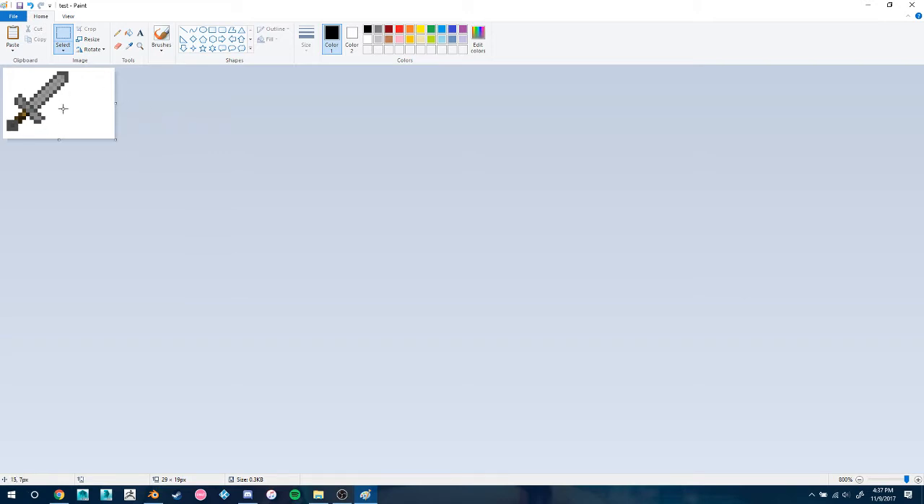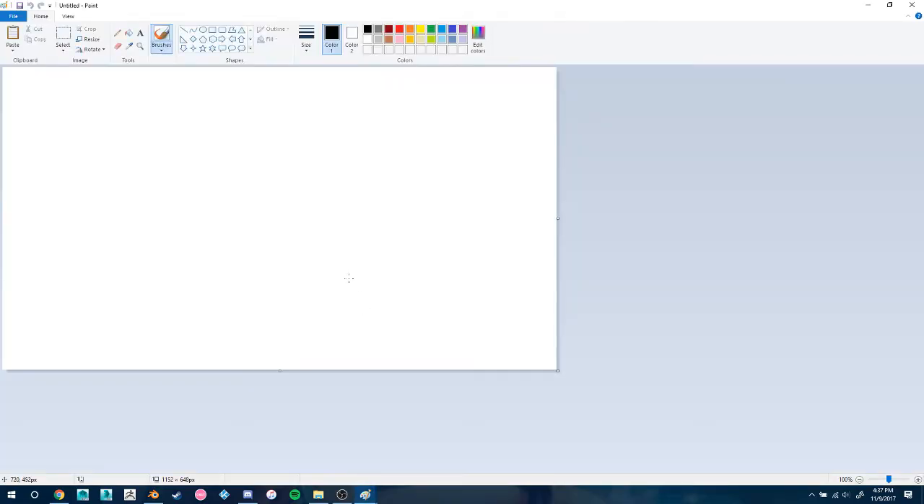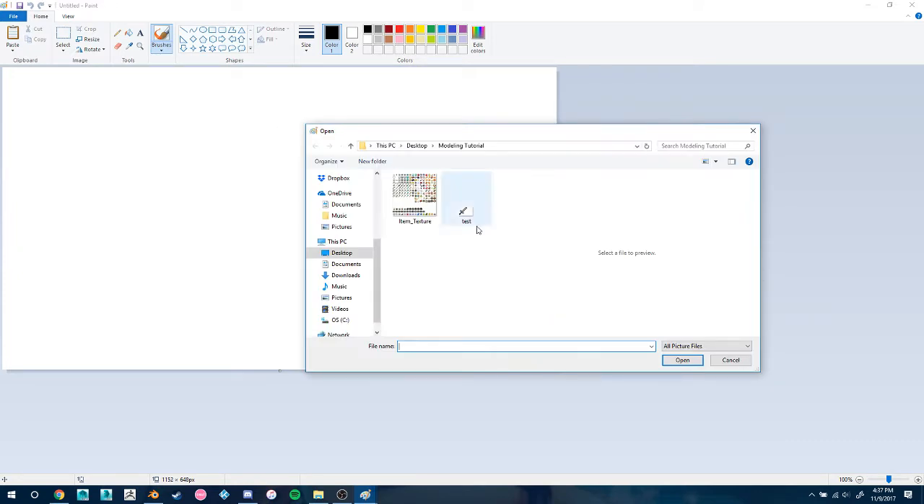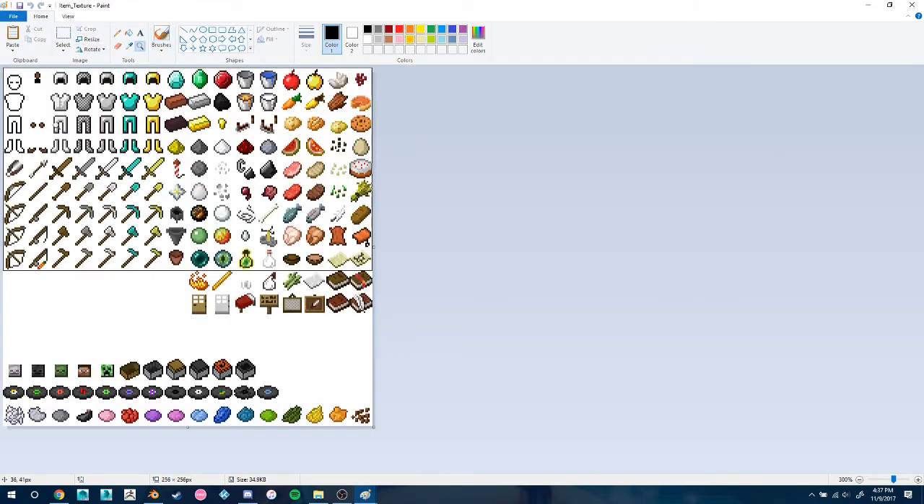As you can see, I already sort of pre-made an image. Most of you, I'm sure, already know how to make a custom texture. However, I'll teach you right now how to do it quick. I will be using my other image. So you're going to open this thing called an item texture. I'm going to put it in the description. And you're basically just going to go through